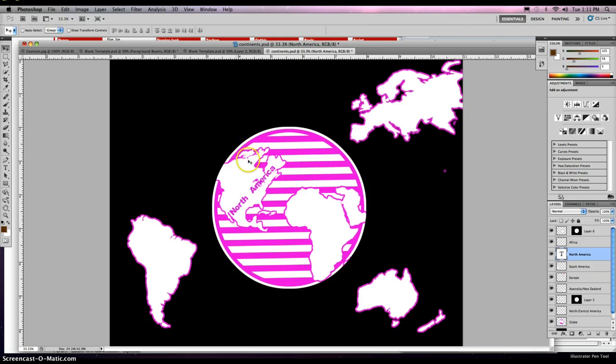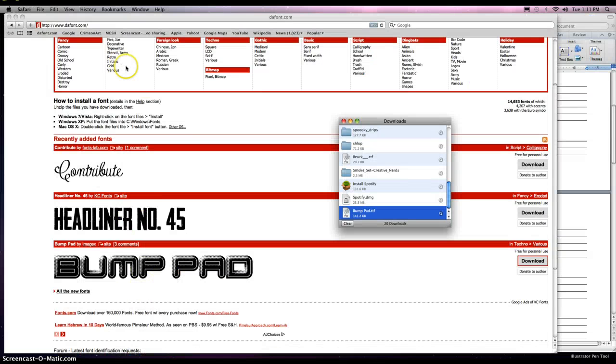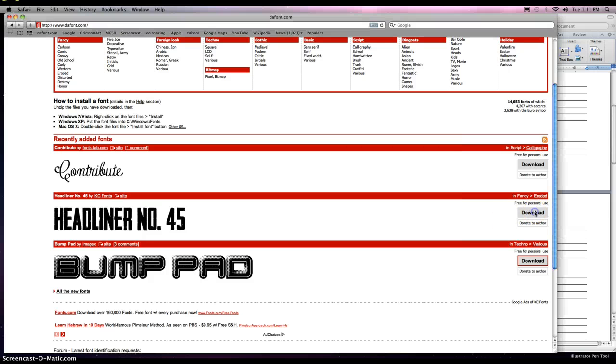I do want to show you one thing. If you go to Safari, this website, dafont.com, I dropped it down onto my bookmarks because I use it all the time. It's a free website where you can download any kind of fonts you want. You just have to search up here for all different styles. Let's say I wanted this Headliner No. 45 font. I'll click on the download button,